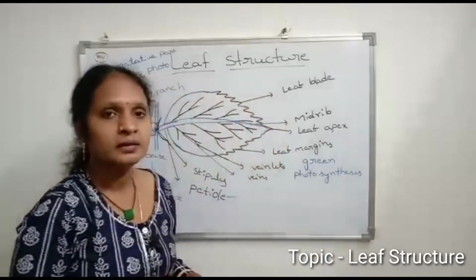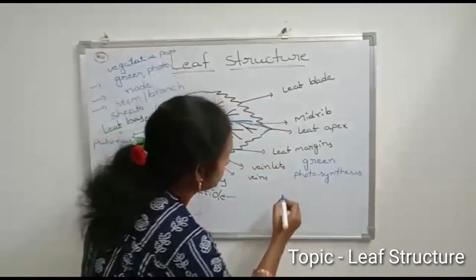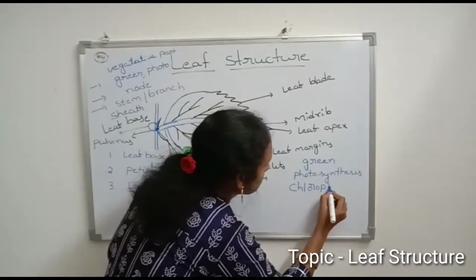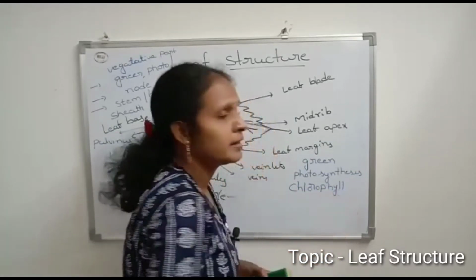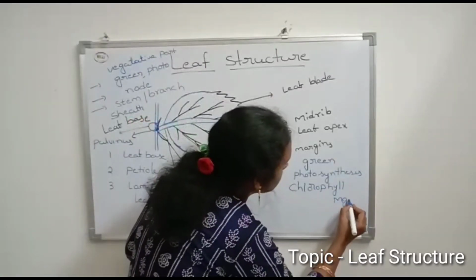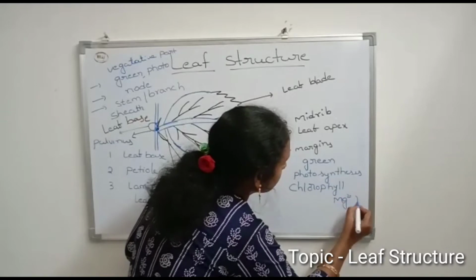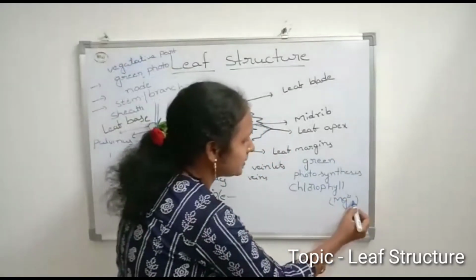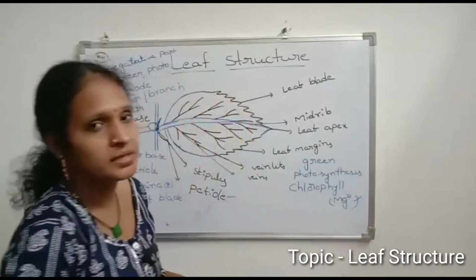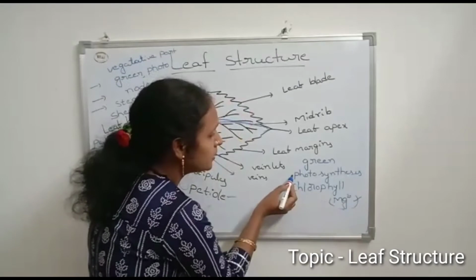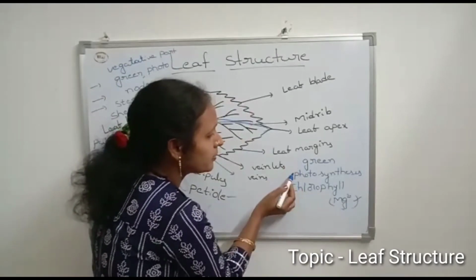The leaf contains a pigment called chlorophyll. The element contained in chlorophyll is magnesium. It is important for competitive exams: magnesium is the element in the chlorophyll pigment. So it appears green in color to perform the function of